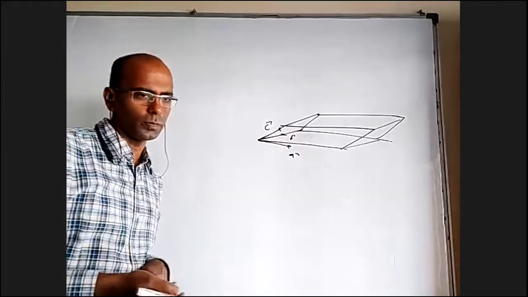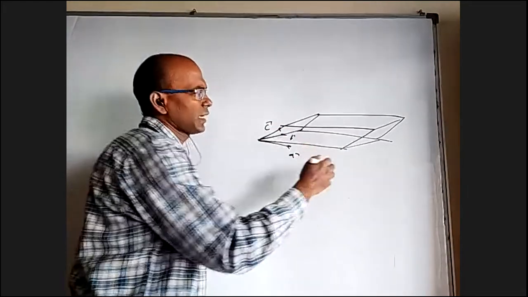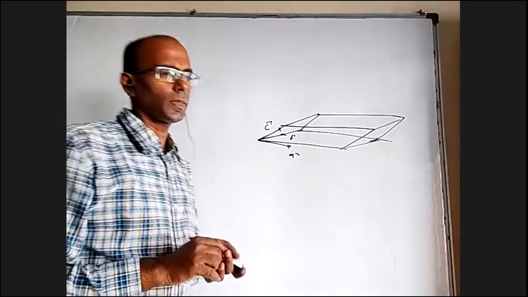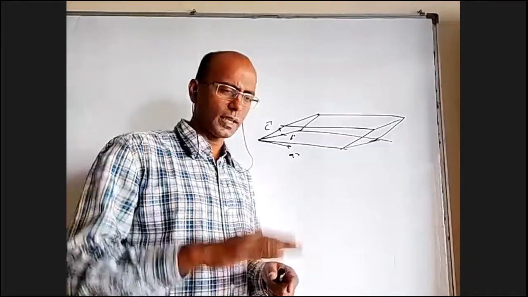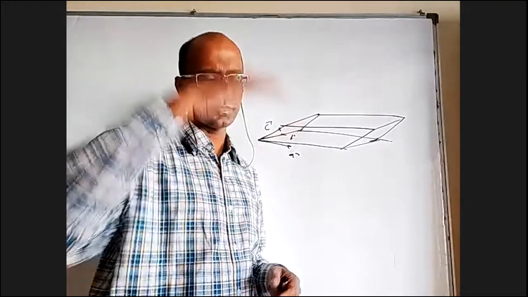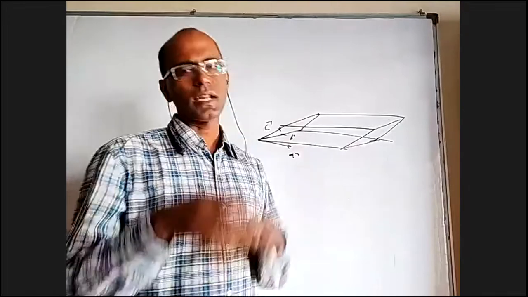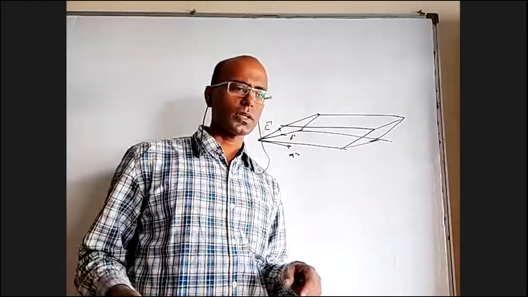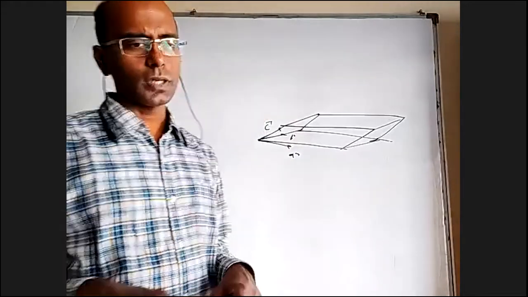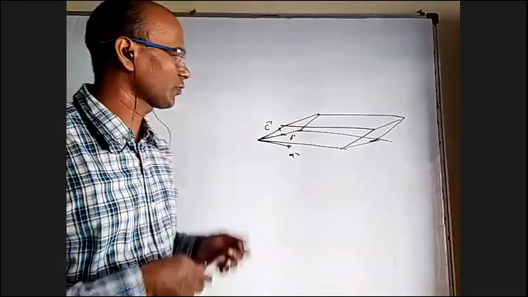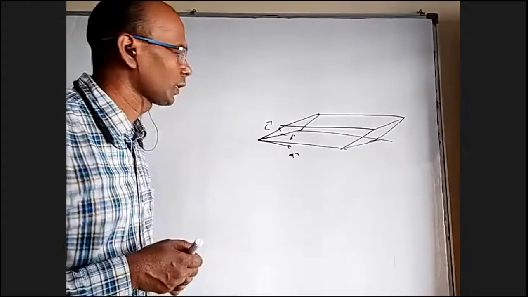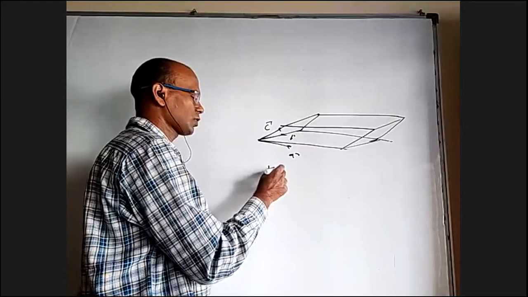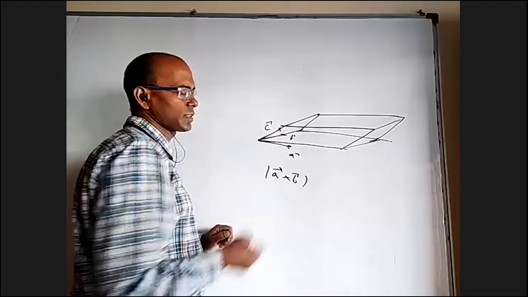and if I want to know the volume for this kind of prism, basically these are prisms, meaning you can have any cross section and the same cross section all over. Wherever you cut, it will have the same cross section. It may be vertical, it may be slant, doesn't matter. The formula for that is base area into height. A cylinder is also base area into height, or you can take a hexagonal base prism or something. So for this also base area into height. And what is the base area? The base is a parallelogram. Its area is mod A cross B, the cross product of adjacent sides.